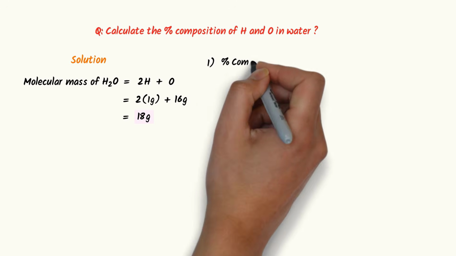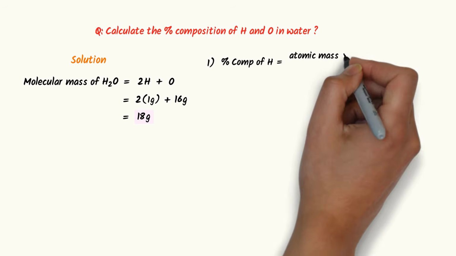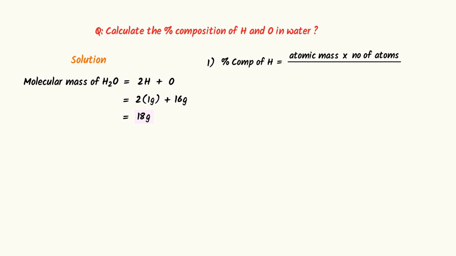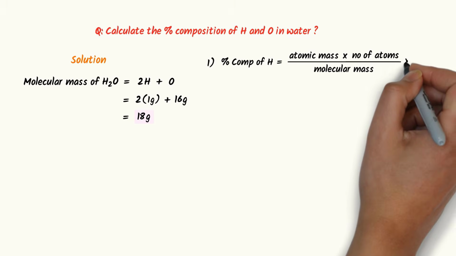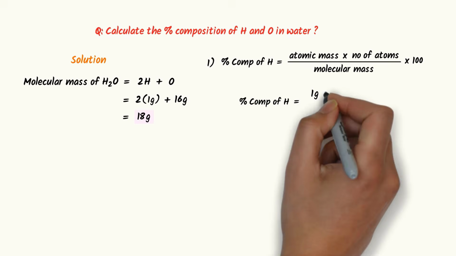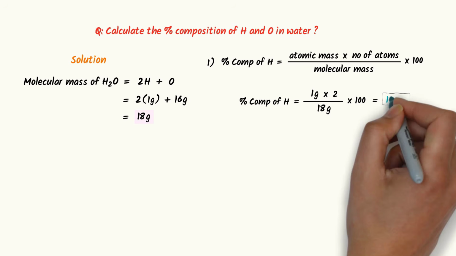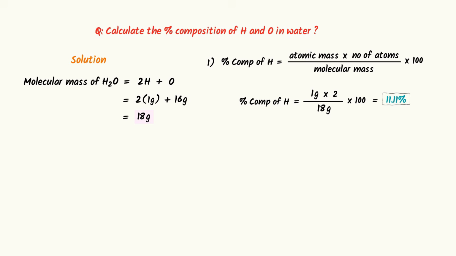Now the percentage composition of hydrogen is equal to atomic mass of hydrogen times number of hydrogen atoms upon molecular mass, times 100. The gram atomic mass of hydrogen is 1 gram. There are 2 atoms of hydrogen present in H2O. Upon the gram molecular mass of water, which is 18 gram, times 100. After calculation, I get 11.11%. Thus the percentage composition of hydrogen is